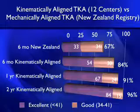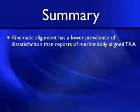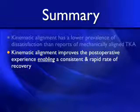In terms of conclusions, kinematic alignment has had a lower prevalence of dissatisfaction than reports of mechanically aligned total knee arthroplasty, according to our own personal case series as well as the results from these 12 centers. Kinematic alignment seems to improve the postoperative experience. It's an enabling procedure by aligning the knee such that the axes in the knee are aligned back to what the normal knee was, and allows a more consistent and rapid rate of recovery than what we've seen with mechanically